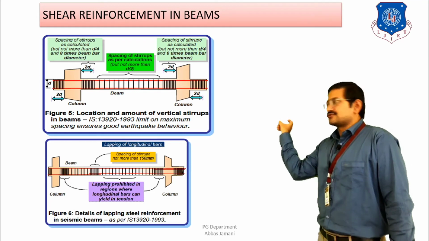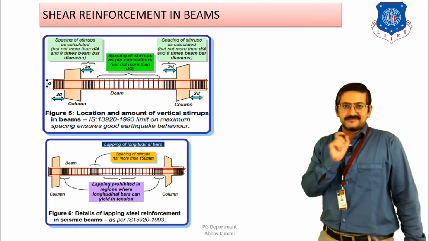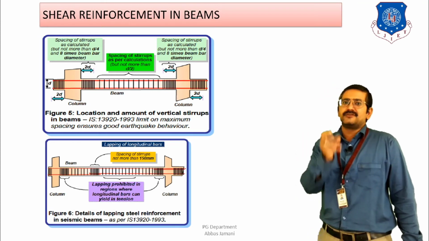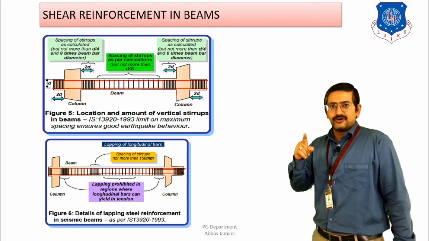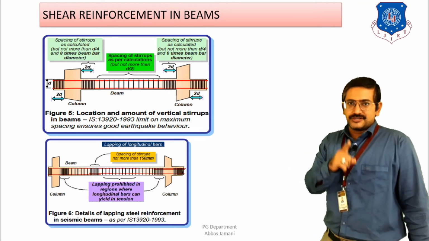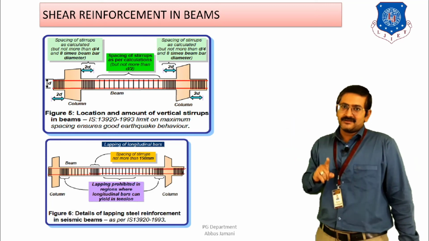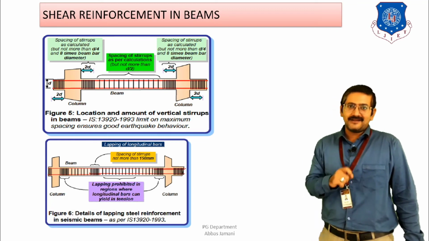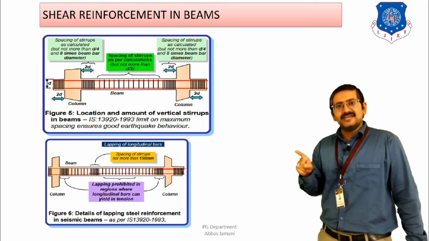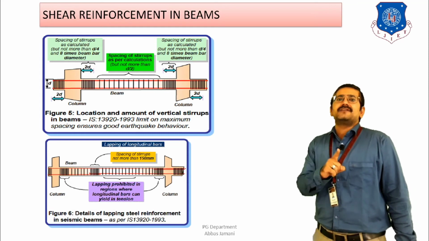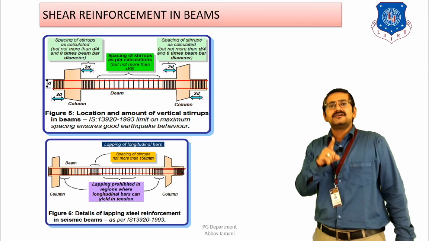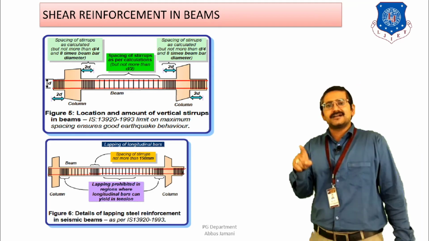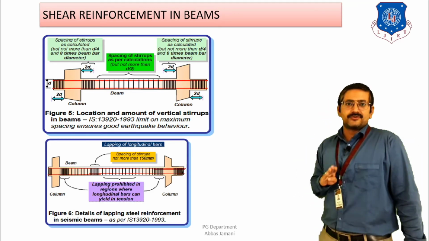That is, for a distance of 2d from the face of the column, these closed stirrups are to be provided, and in this range of 2d, the spacing of the stirrups has to be the minimum of three criteria. The first criteria is d by 4, the second criteria is 8 times the diameter of the longitudinal bar, and the third criteria is 100 mm. In case of the longitudinal bar, the diameter of the smallest longitudinal bar should be considered, right? And when I am talking about d, whether it is 2d or d by 4, in both cases the effective depth of the beam has to be considered, that is the depth of the beam calculated after subtracting the cover, right? So that is how the stirrups are to be provided near the support.